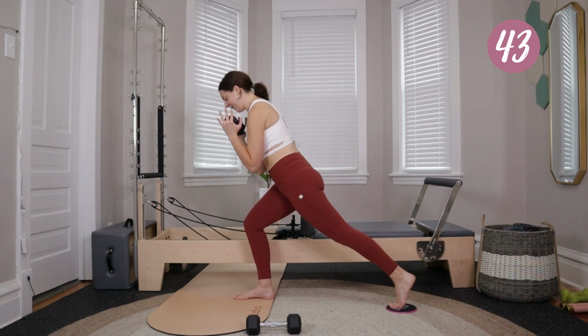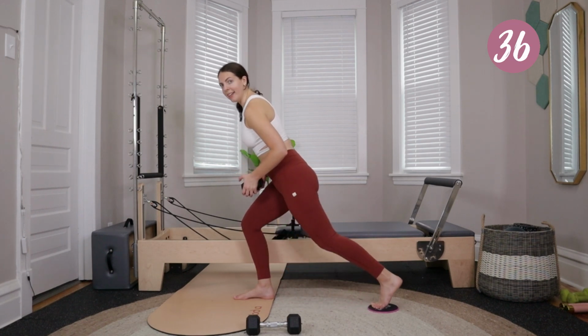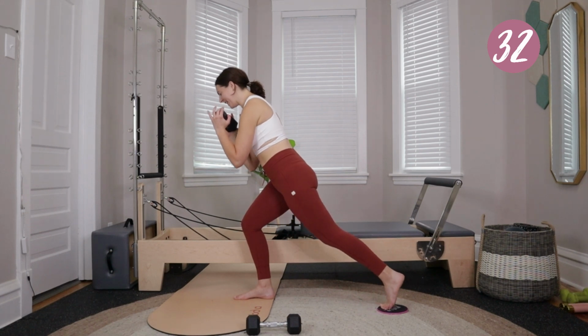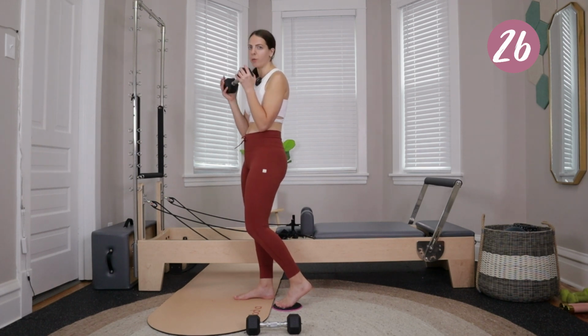Good. Now, I know when I started to do these Pilates Meet Strength workouts at the beginning of the year, we got a really positive response. So you guys seem to like these, which is awesome. And I'm glad I could reincorporate it into the Reformer on the Mat series. I think just a heavier set of weights